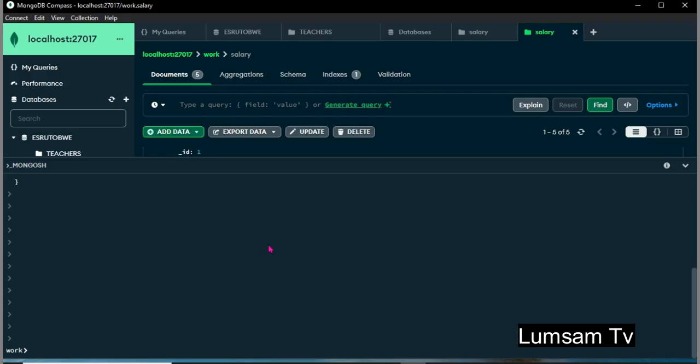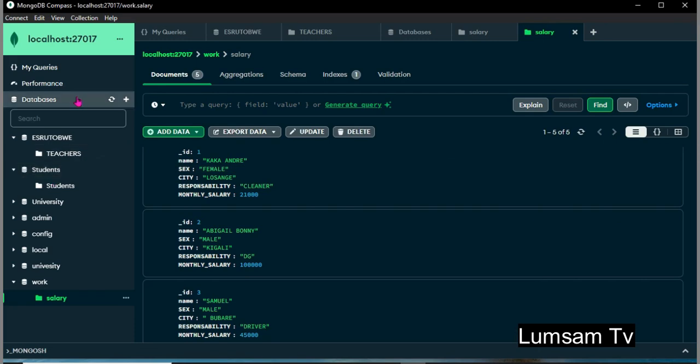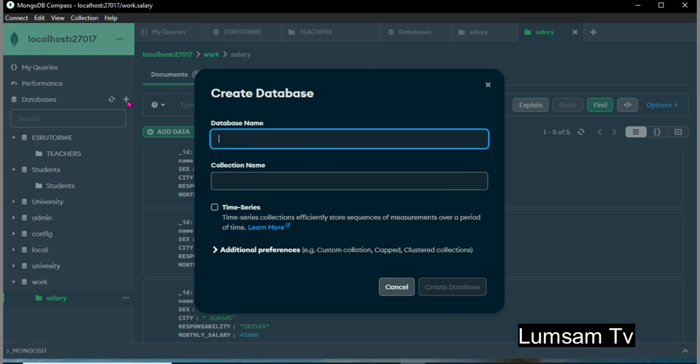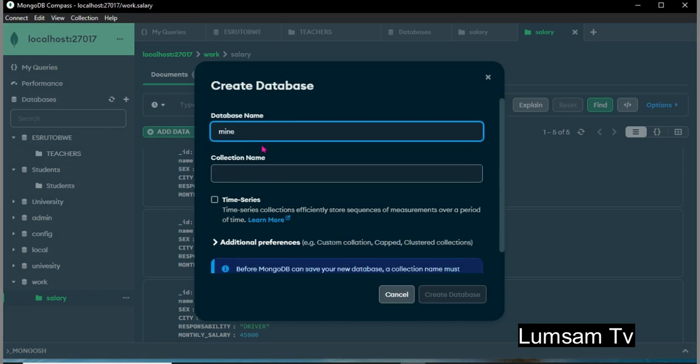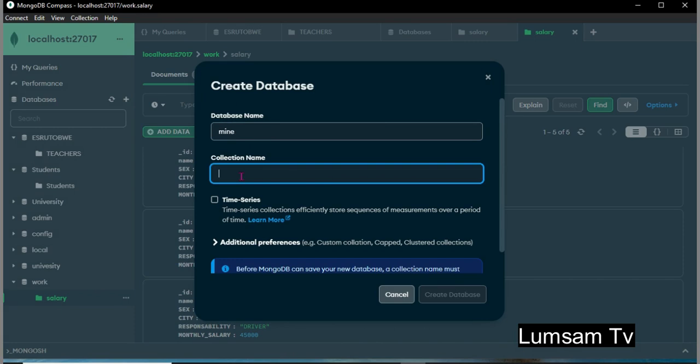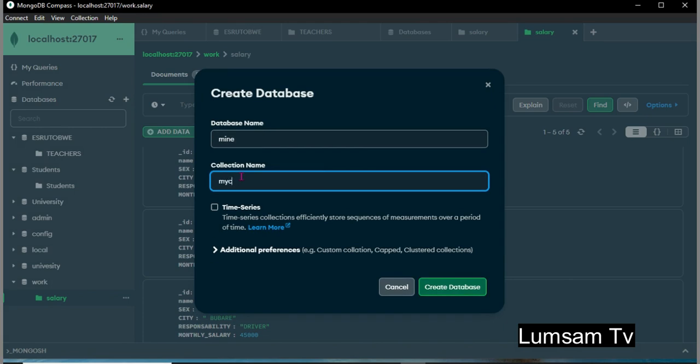So database here, we can create a database. Then you put, for example, mine, and call it my collection. Okay, then create.